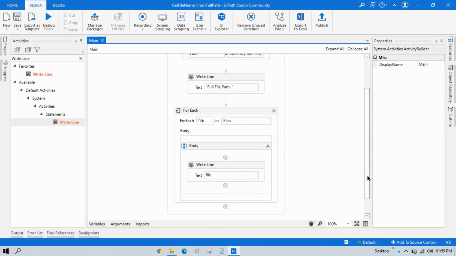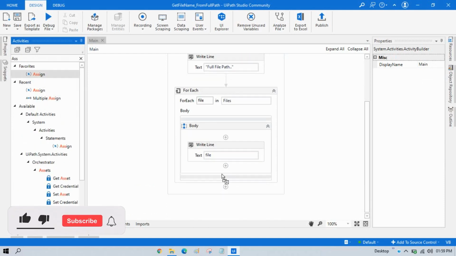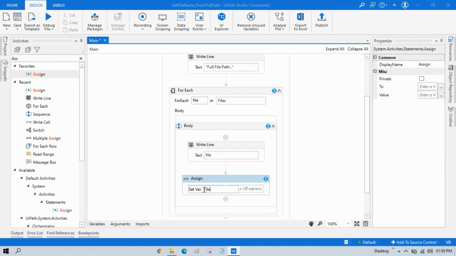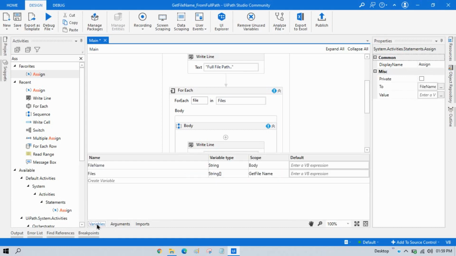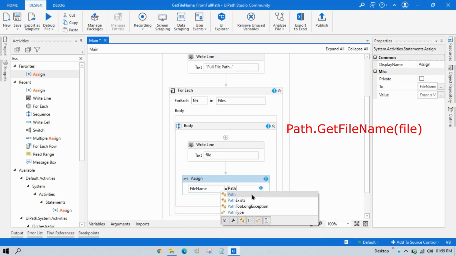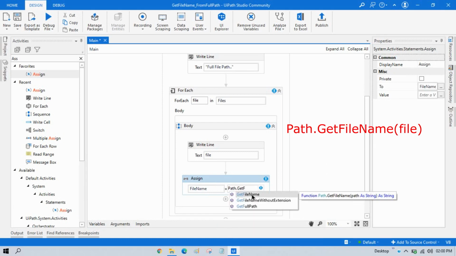Again we have to take one assign activity and press Control K, and it will give us the file name. So I am going to create one variable, that is fileName, and the type is string only. Now here we need to write Path.GetFileName.